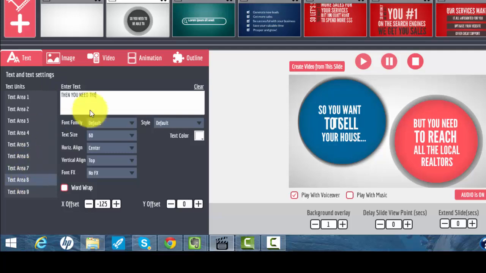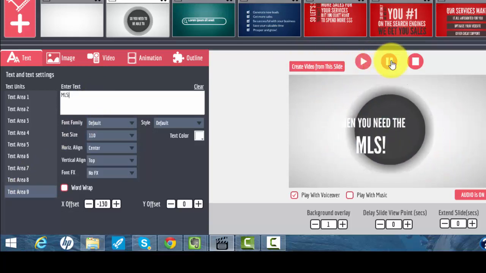Let's see what's under here. Let's see. All right, hold on here. Then you need,